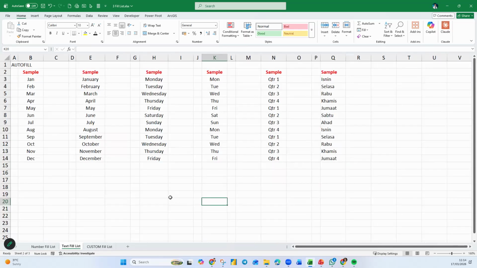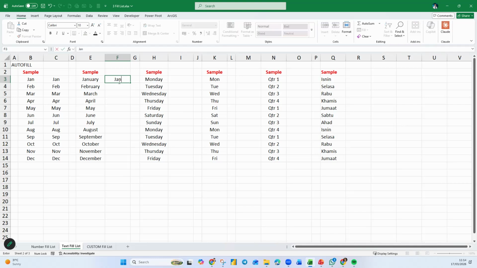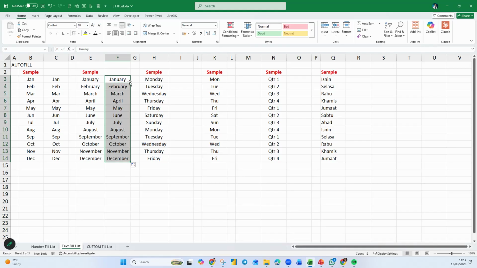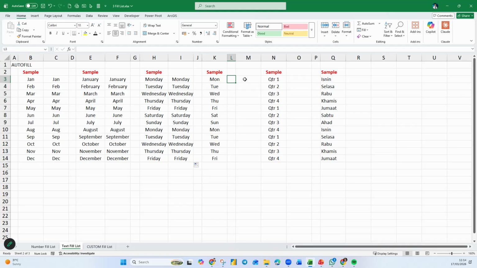Now for text, there's not much you can do. If you type JAN, they will know that the following month is February. You don't have to type February, they will know. Now this is short name, then you have long name. If you want long name, you just type, oops, wrong spelling, January. So there you go. Now, don't type Bahasa Malaysia or they don't understand. They only understand English. So like Monday, they know after Monday is Tuesday. Short name, MON, then they know short name.